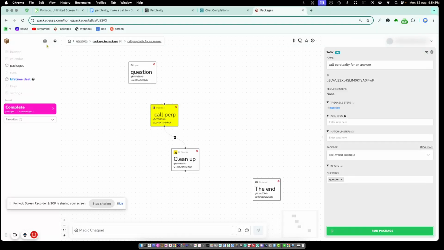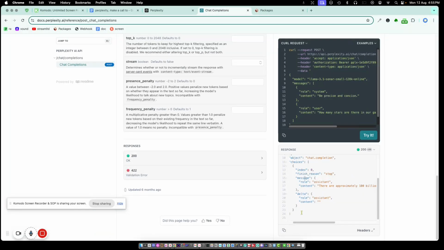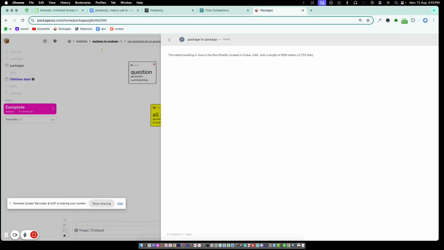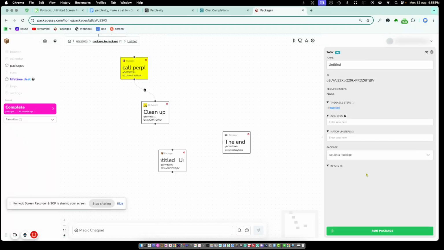And now that it's done, you can't see this now, but I don't think it consumed anything. So it says the tallest building in Asia is the blah blah blah in Dubai, and it's 828 meters. So you can see here, that's all we care about. We do not want the whole JSON string, because if we have the whole JSON, and they give us everything here, how are you going to post this on Facebook? You can't. And the nice thing about packages is that now you can say, okay, I want